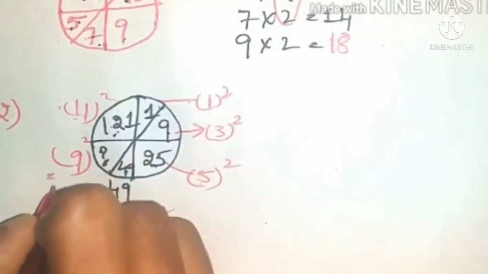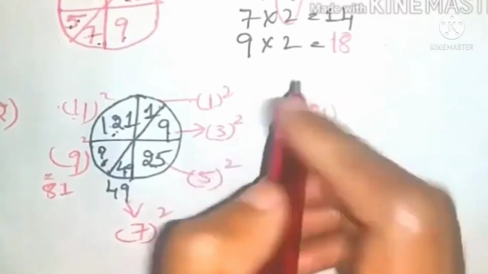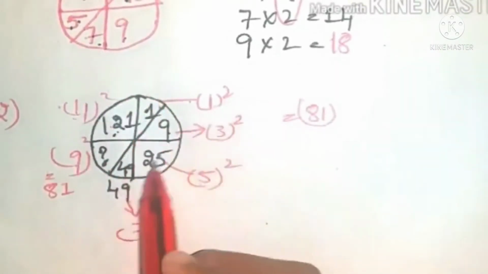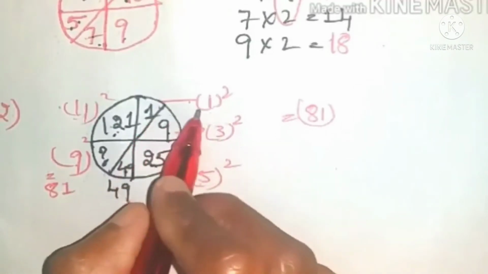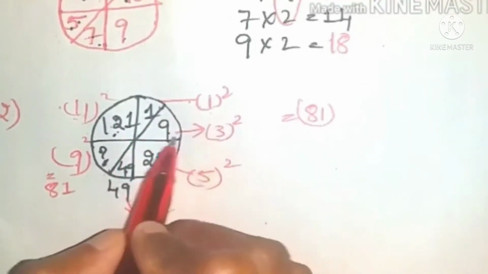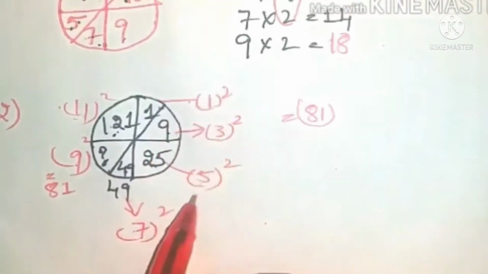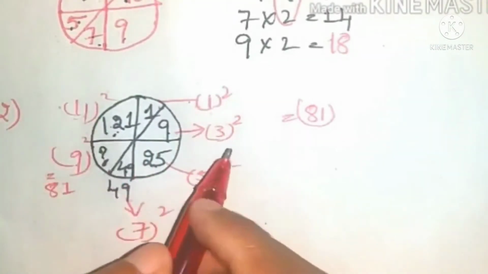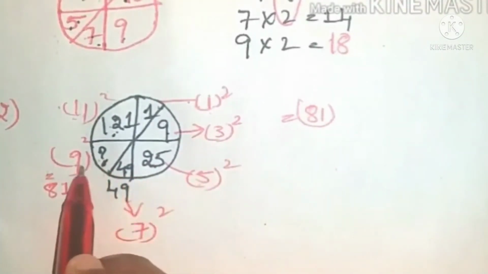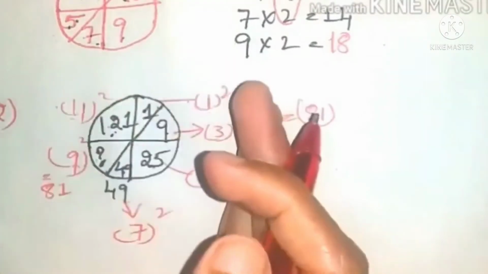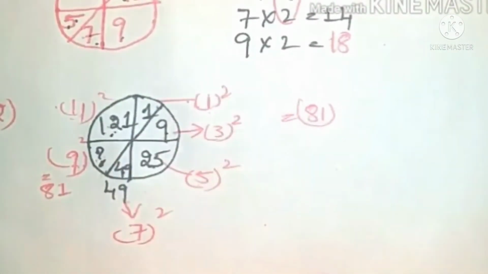9 square is equal to 81. So the answer is 81. Once again I am explaining, these are the numbers which they have given, like squares of the numbers and their values. That is 1 square is 1, 3 square is 9. They are giving alternative odd numbers, that is 1, 3, 5, 7, 9, 11, etc. So after calculating that, we can find the number which is missing here. Based on the previous assumptions and last assumptions, we can find out this answer.